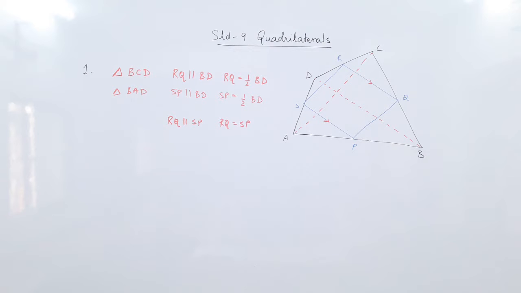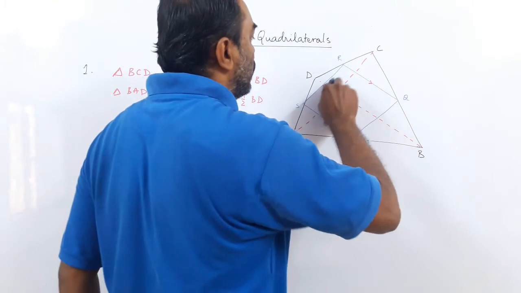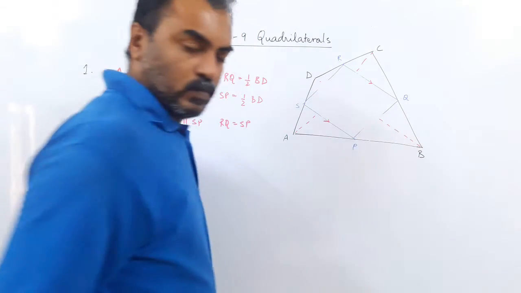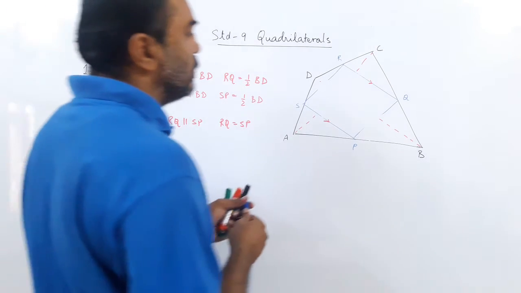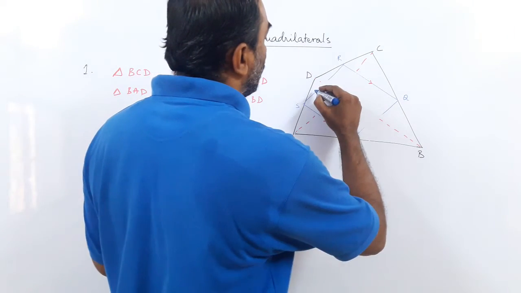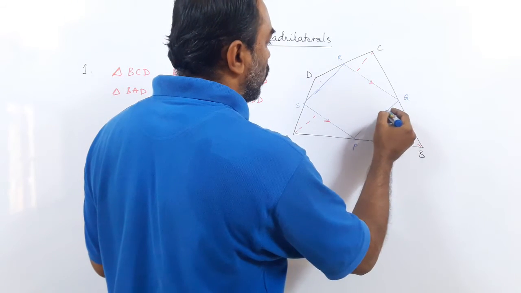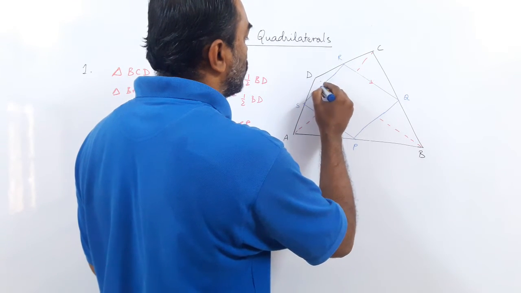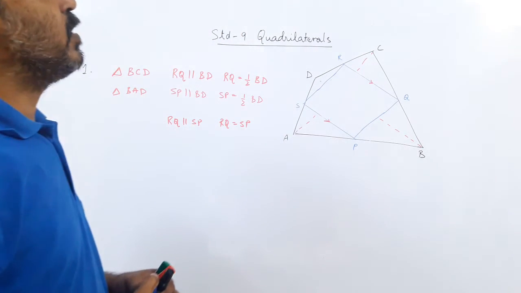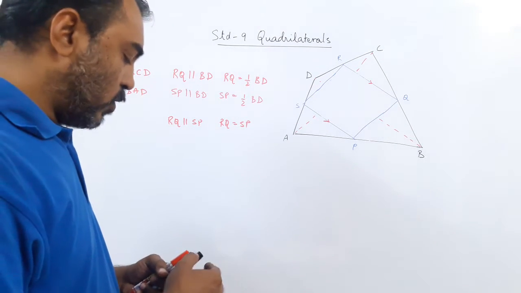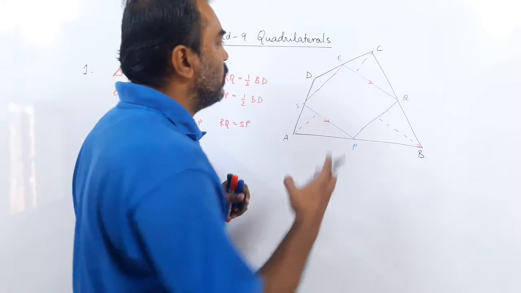Okay. Now let us do one more sum. Before we change the sum, we'll have to see something else also, because the sums can be asked in many different ways. So you have understood one thing here. What is very clear to you? One thing very clear to you is that no matter what kind of quadrilateral we have, when we join the midpoints of the quadrilateral, it always forms a parallelogram. Yes, it is clear to us now. No matter what type of quadrilateral we have, whenever you join the midpoints of a quadrilateral, they always make a parallelogram.